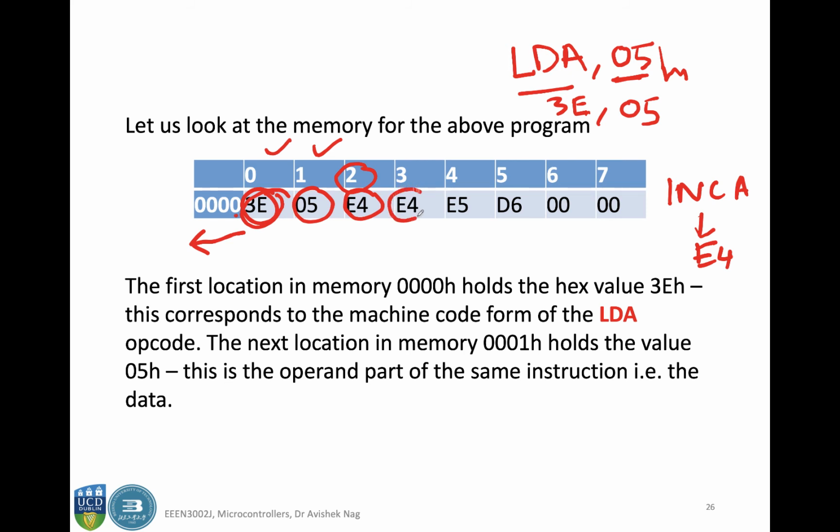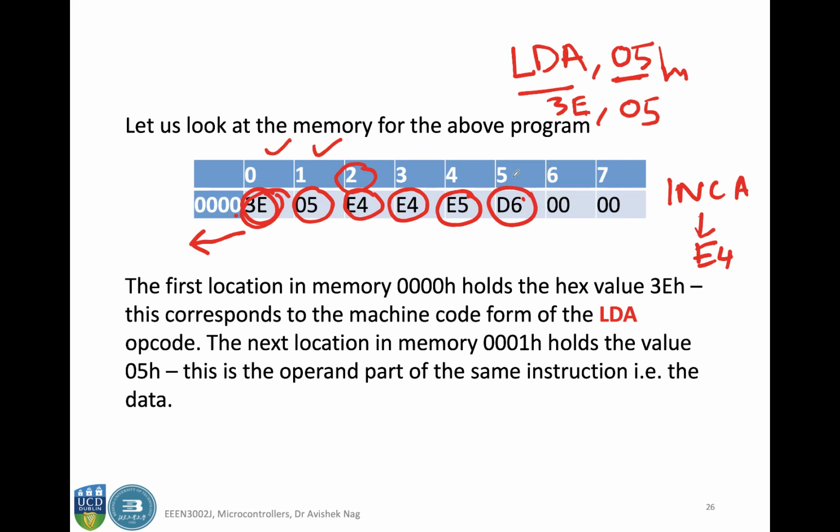Then the next one is again increment, so that is E4 again, in the next memory location. Then the next instruction was decrement, which is equivalent to E5, so that comes in the next location of the memory. And then finally we have the next instruction, which is jump, and the equivalent hex of jump was D6,